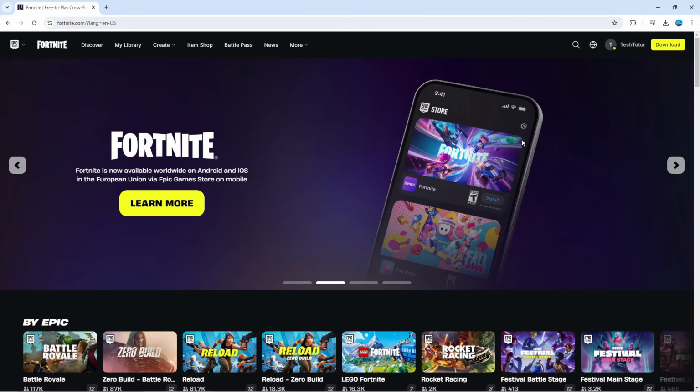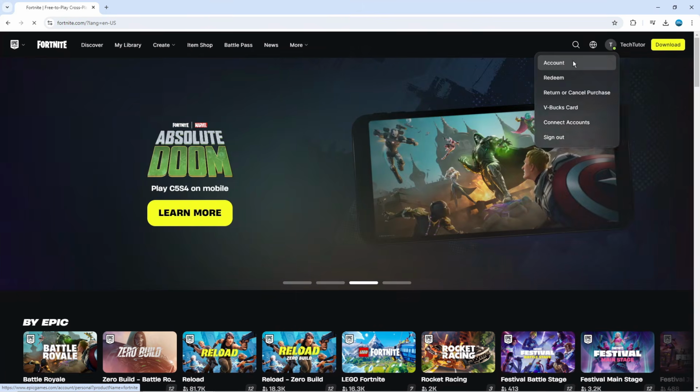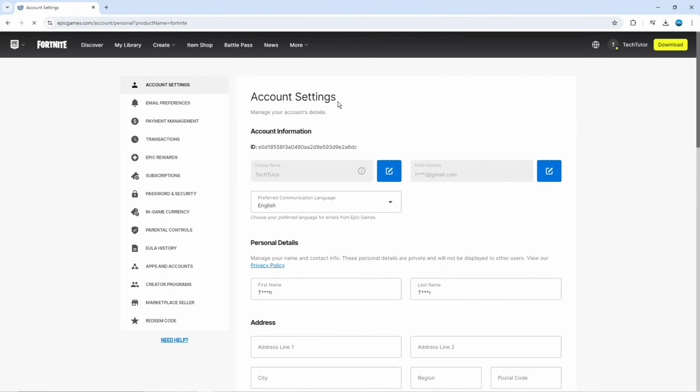Now once you've logged in, what you're going to want to do is come back up to the top right hand corner and click onto your profile icon. What it's going to do is bring up a menu like this, and from here you want to go ahead and click onto account. Now it's going to take you across to your account settings, and from here you want to come to this menu on the left hand side